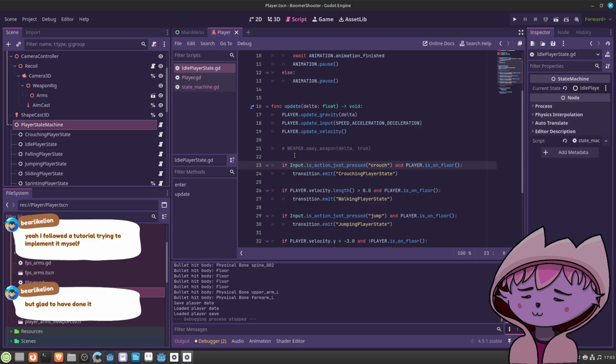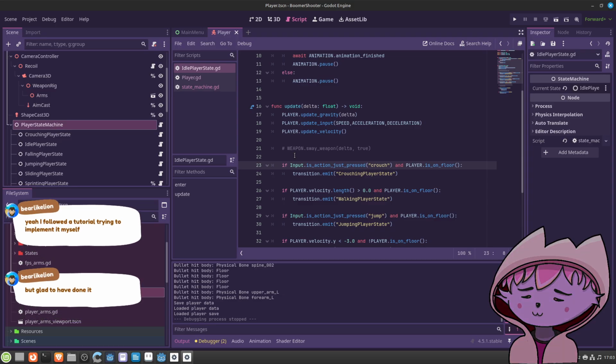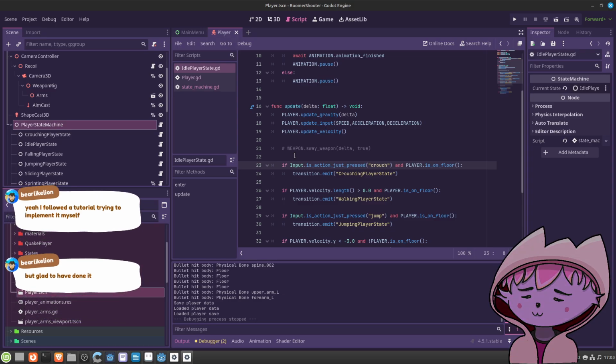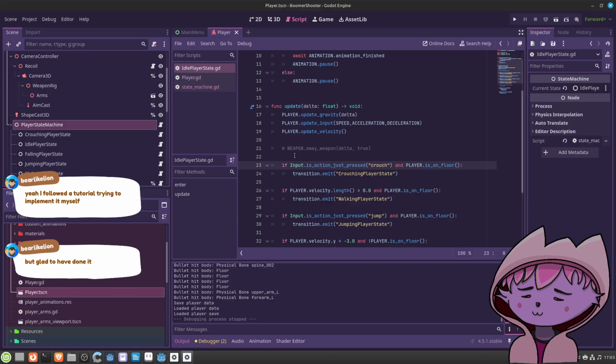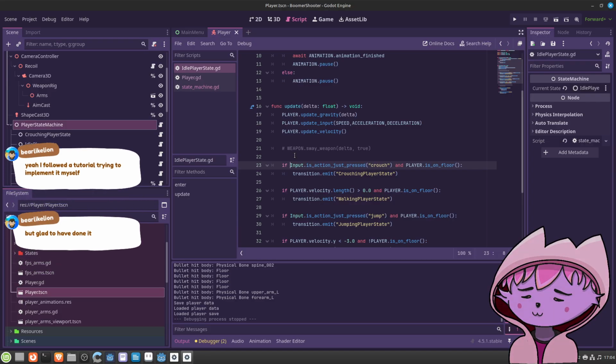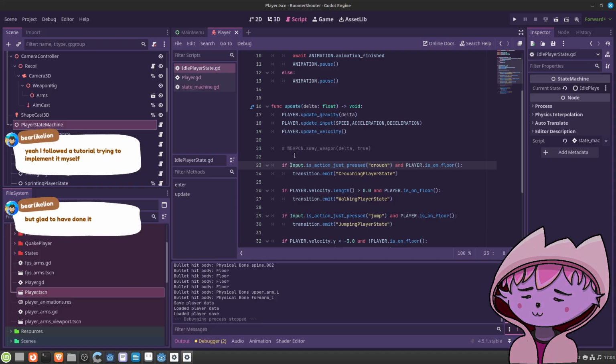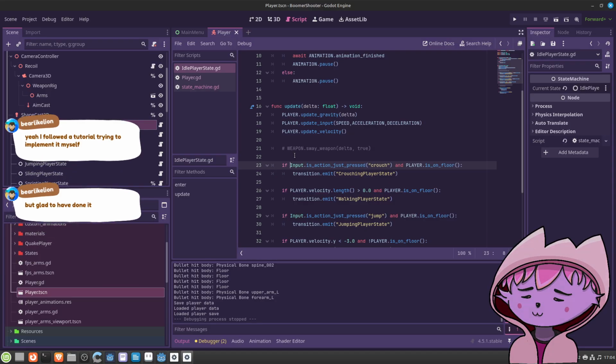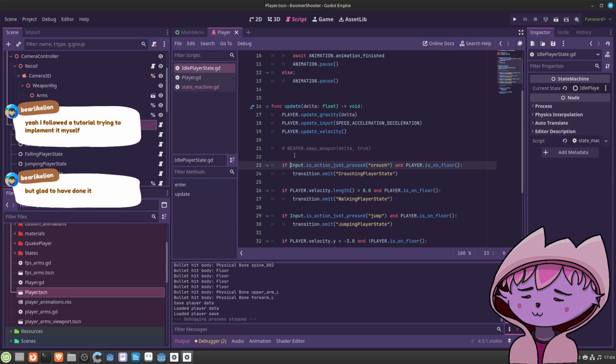I followed the tutorial trying to implement it myself, but glad to have done it. It's absolutely recommended to follow or do at least one state machine yourself.